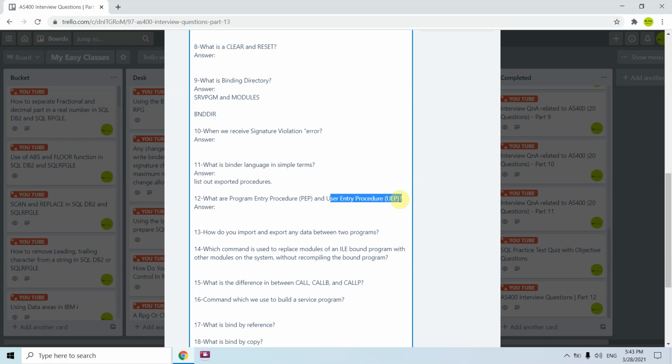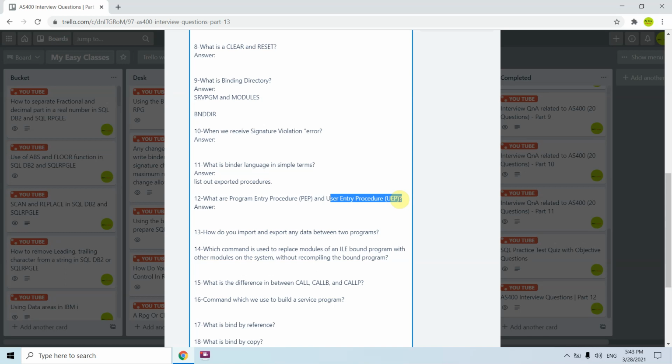Now I don't know what module to call first, so whichever module is defined as the program entry procedure module gets called or takes control the first time, and that will be the program entry procedure for that program.